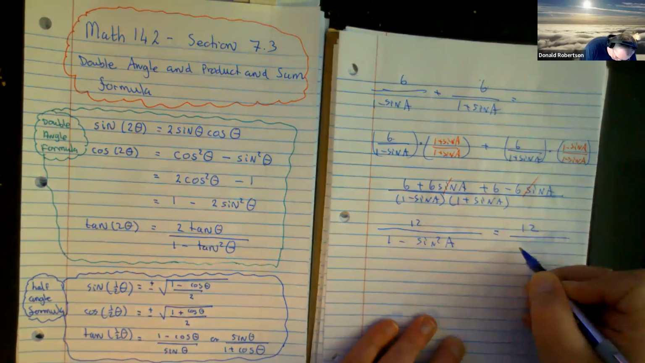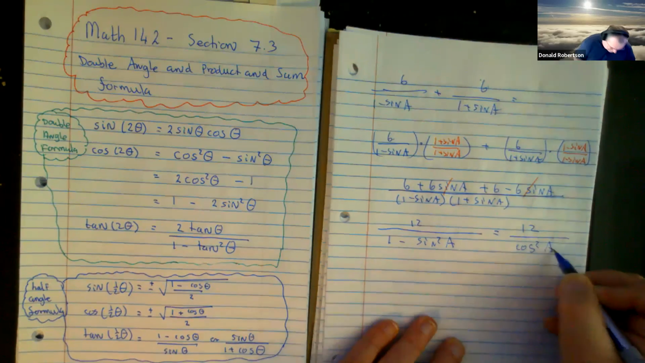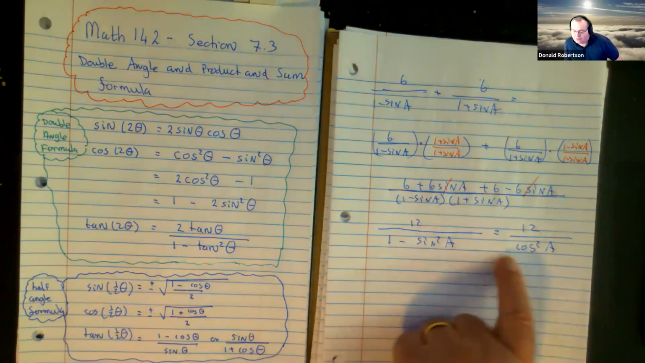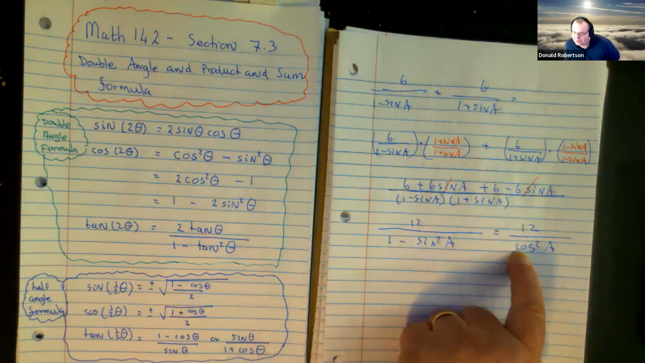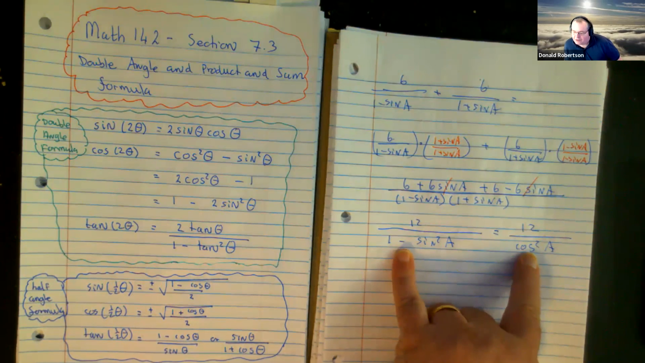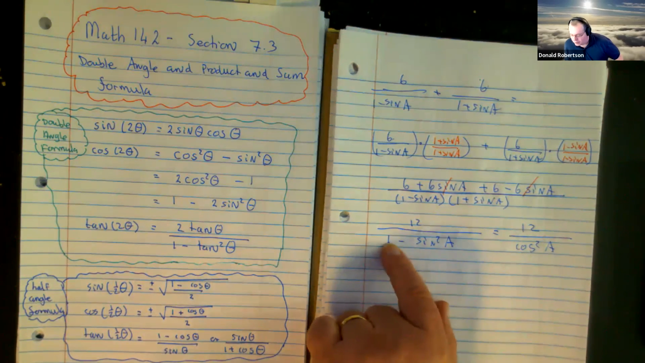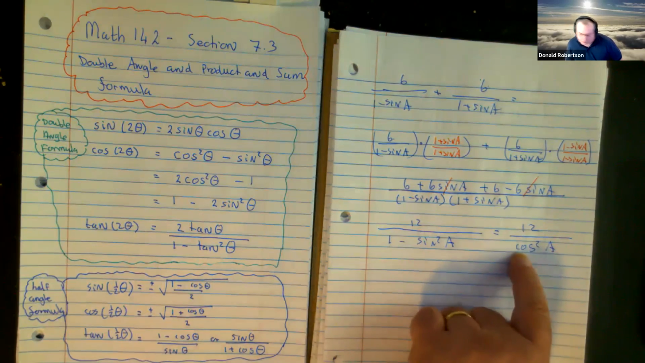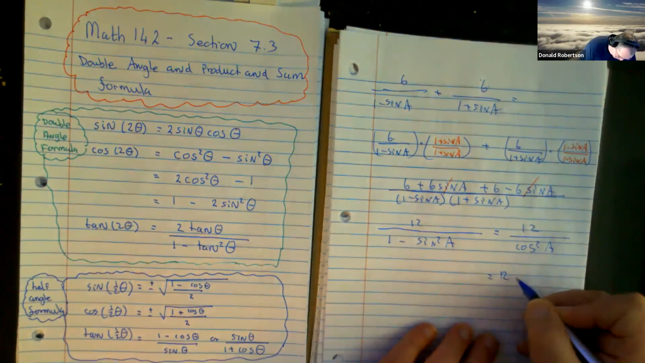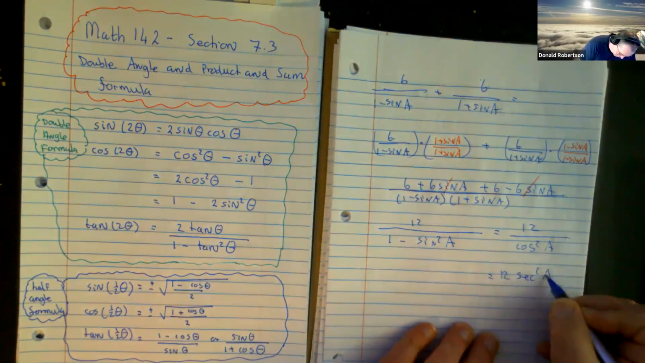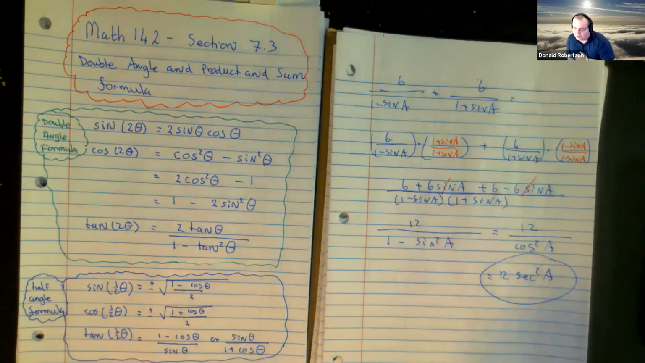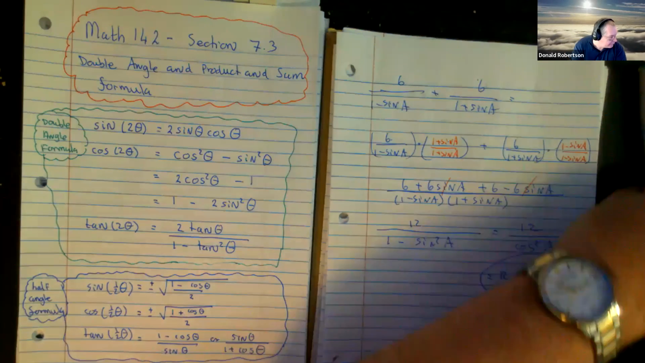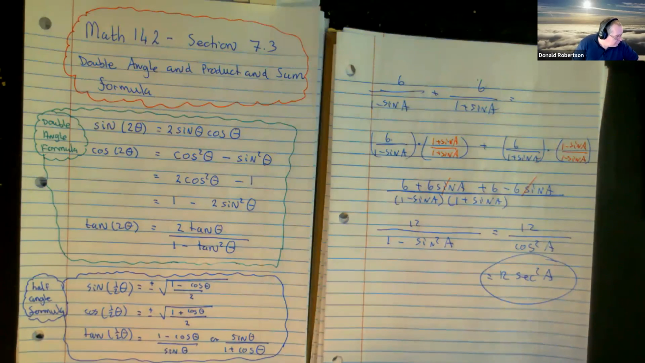So what you now do is recognize that 1 minus sine squared can also be written as cos squared. One of the things that we know is that 1 minus sine squared is cos squared. And then we don't like fractions, so I'll just convert it to a secant. So 12 over cos squared becomes 12 secant squared A. Repeat that last